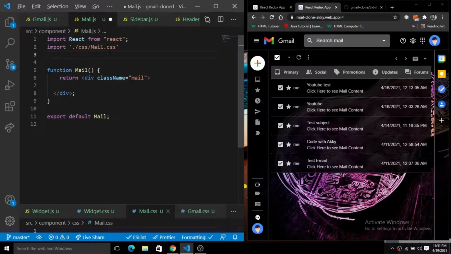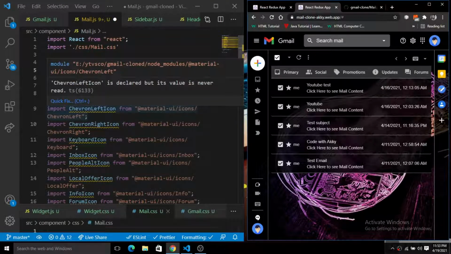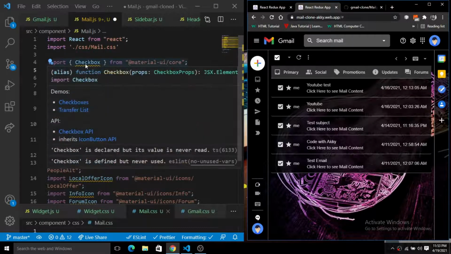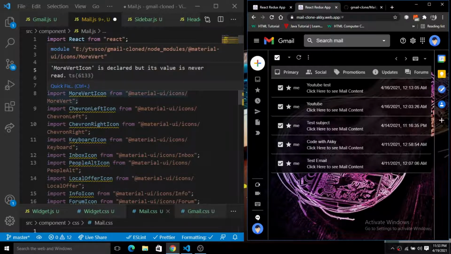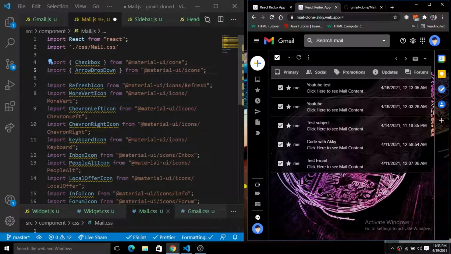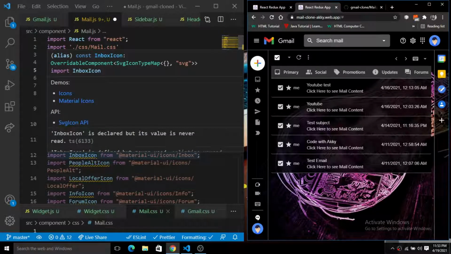These are the list of the icons that we are going to use. So first is the checkbox, imported from Material UI core. Then we have this arrow drop down, then refresh, then more vert icon. After that, we have chevron left, chevron right, keyboard, and the inbox icon.